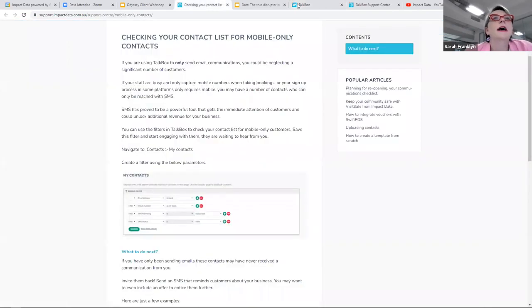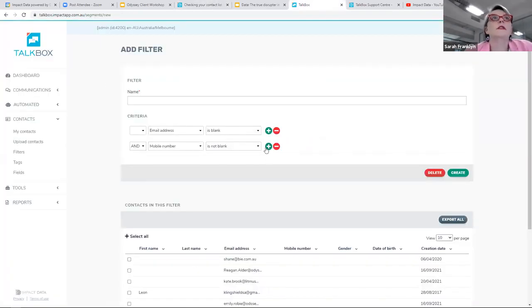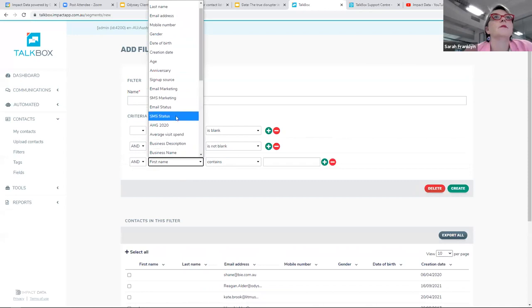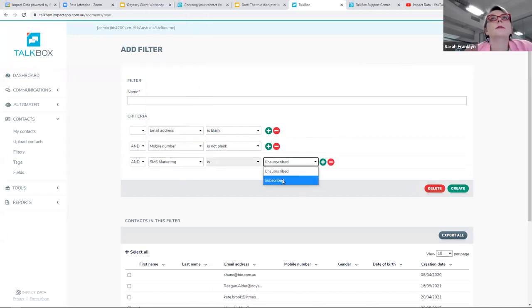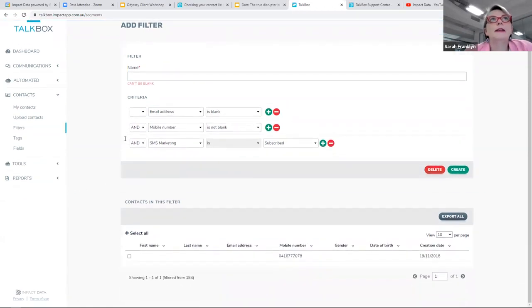See how we got here? And they are subscribed for SMS marketing, which is obviously important. Now, hopefully that made sense, and obviously we'd need to name that. But basically in this audience, there's one person who I can't reach if I only send email. I'm going to completely miss them.